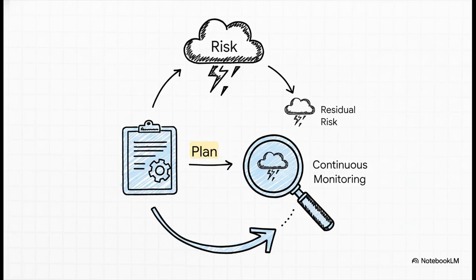And here's the thing a lot of people miss. Just having a plan doesn't make the risk magically disappear. That leftover residual risk, that's what you are consciously deciding to accept and live with. And your job isn't done. You have to constantly monitor it to make sure it doesn't grow and sneak outside the tolerance levels you've set. It's a cycle, right? You never really finish.